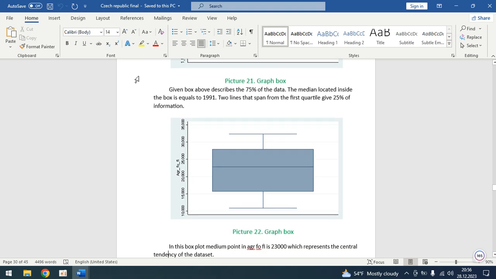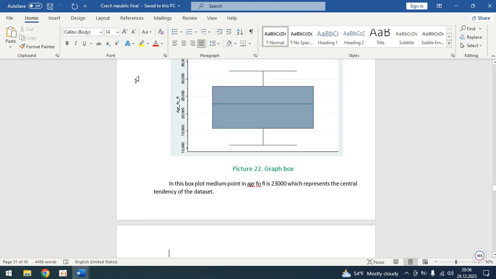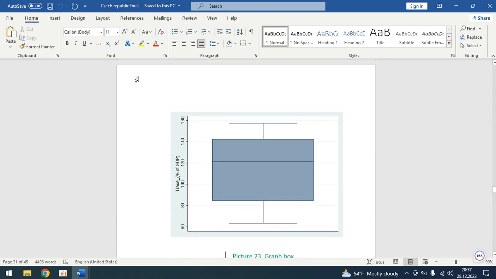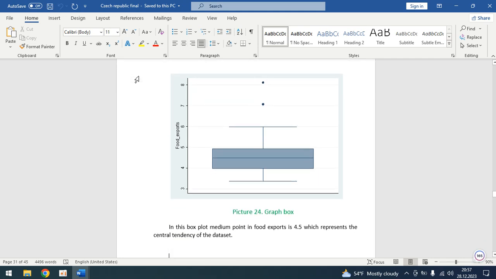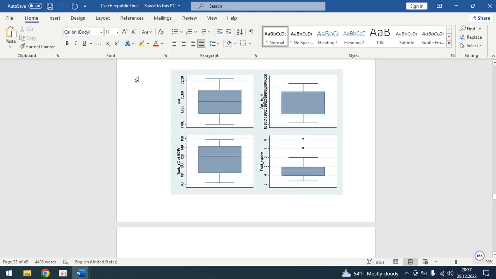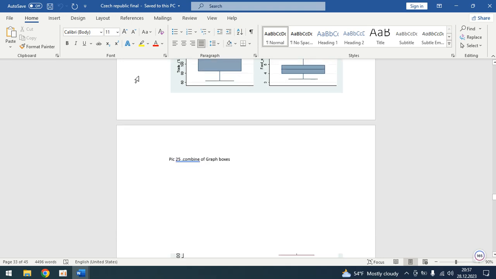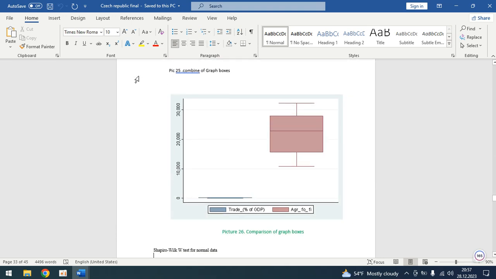Here is another box plot. In this plot, the median point in agriculture, forestry, and fishery is 23,000, which represents the central tendency of the data set. And here is another box plot, and also another box plot. And here is the combination of the 4 box plots that I mentioned above. This graph shows the comparison of box plots, because you can see different types of graphs. One of them is blue, and this represents the trade, and the second of them is red, which represents agriculture,